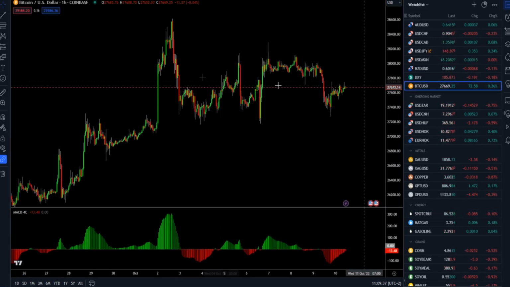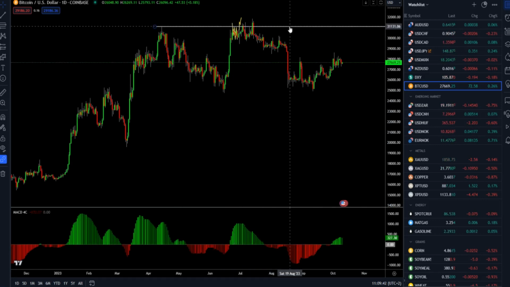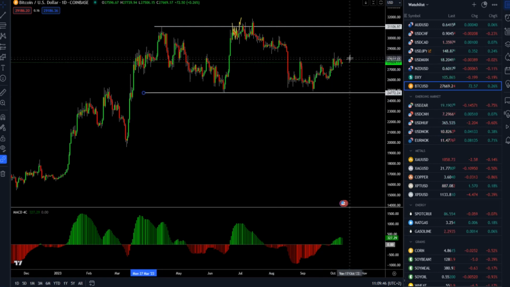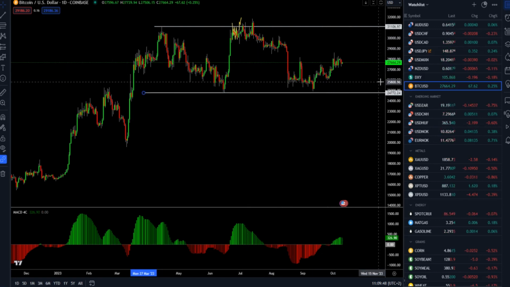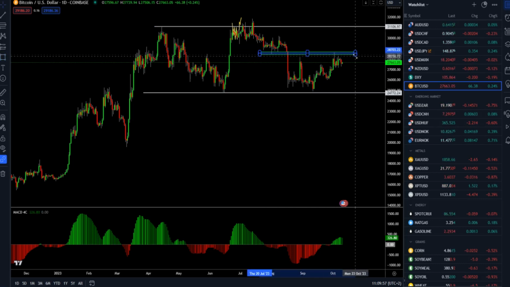And Bitcoin versus US dollar, again, no change here relative to the last previous sessions. We still have Bitcoin trading in the middle of this consolidation around the 27,650 mark, and there is also the area of the recent swing lows acting like resistance.